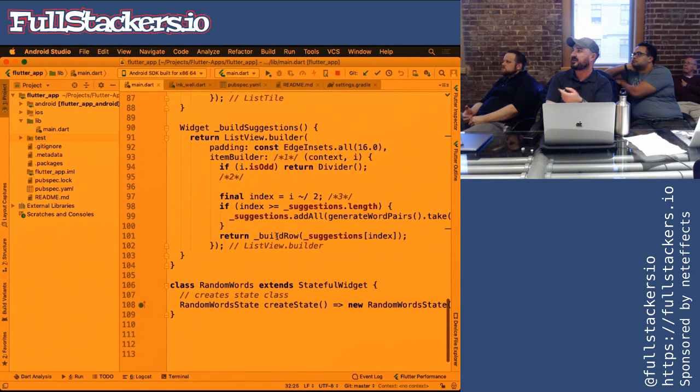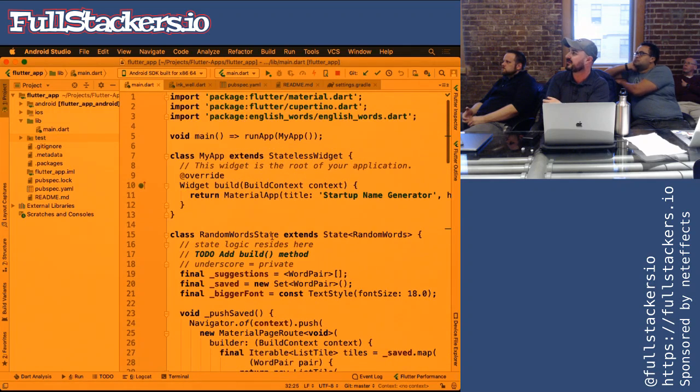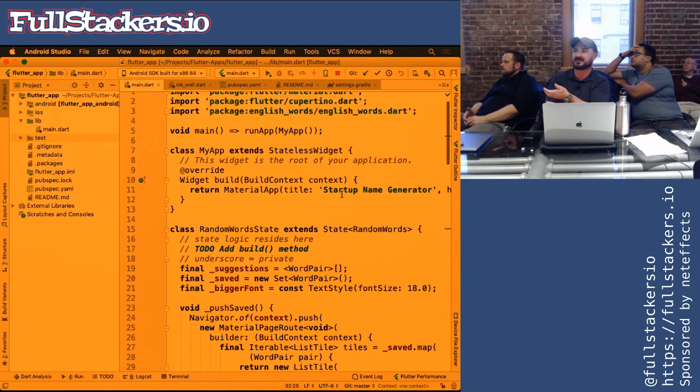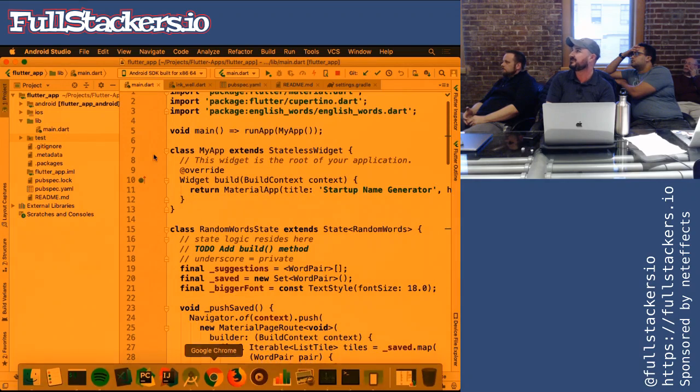They have this build row, basically that. In this case, it's build row, but there's this main build method. All of the widgets have an internal build method, and that's the same thing as a render, and they return a widget as part of their process, just like in React, where you would return a DOM node. Here they're returning a material app, and it has a title, and I can show you,